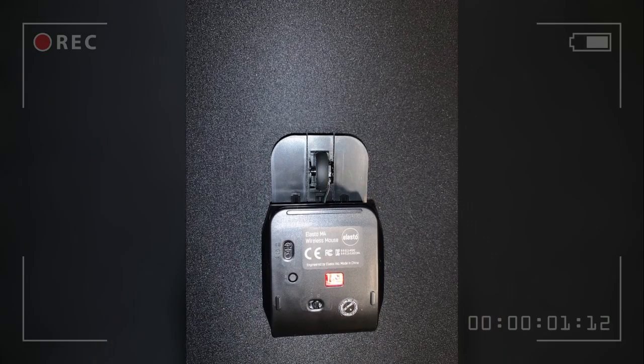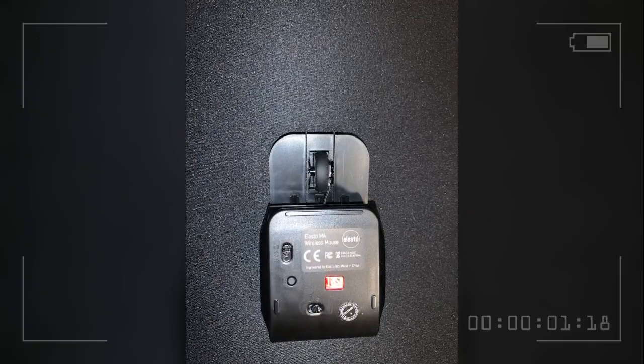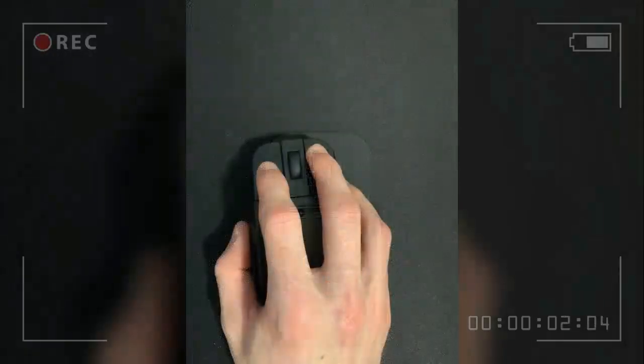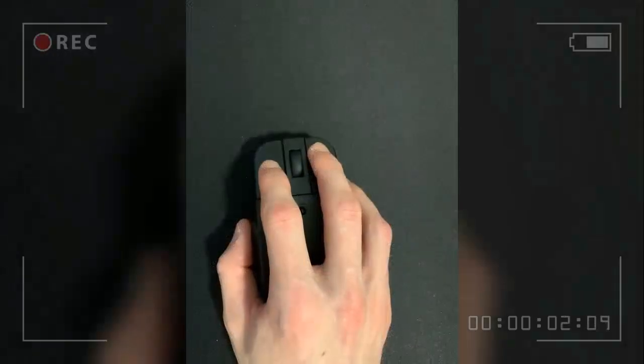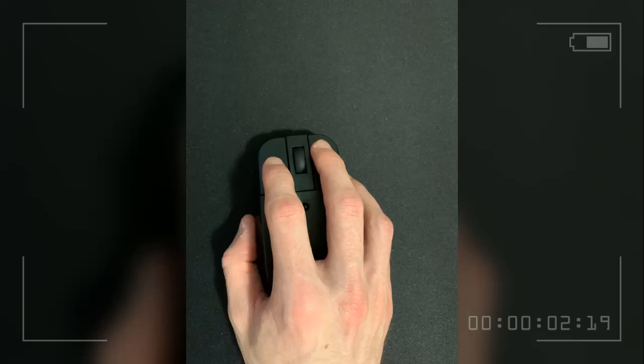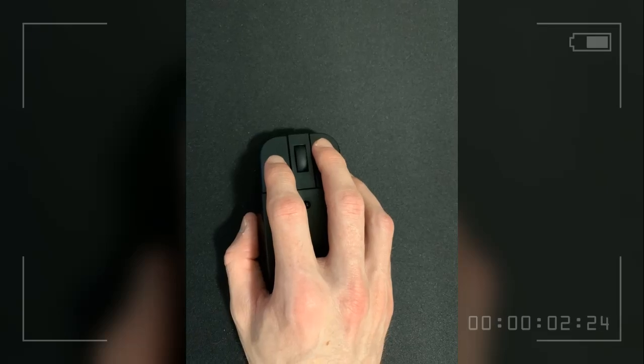At first glance, it might not scream ergonomic, but the flat design is a game changer. Our reviewer appreciates that they don't have to constantly grip and squeeze just to click, which is a common cause of fatigue with other models. The buttons are also designed to respond to both light taps and more forceful presses, offering a level of control